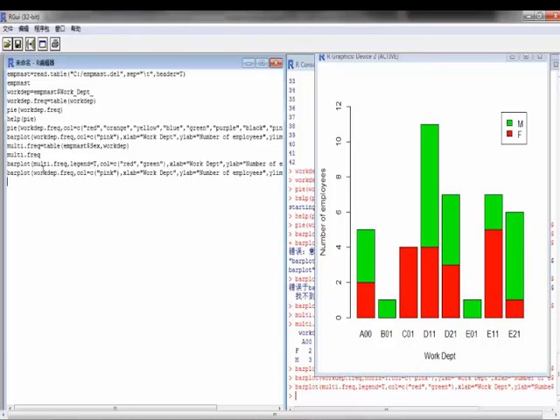So we don't need to change the data, but here we need to add a parameter called horizontal, horizontal equals to 2, to make the bars displayed horizontally,